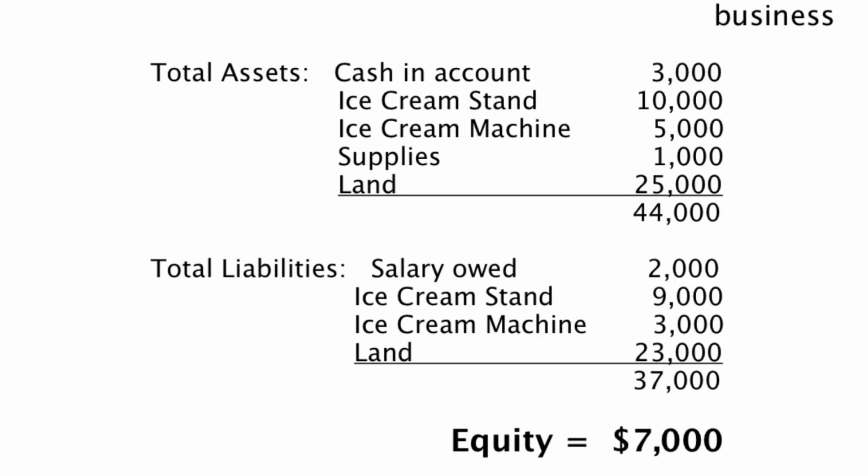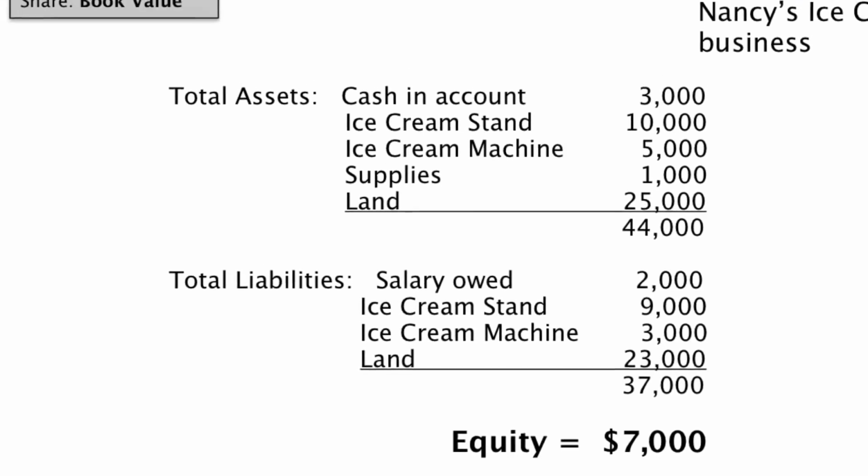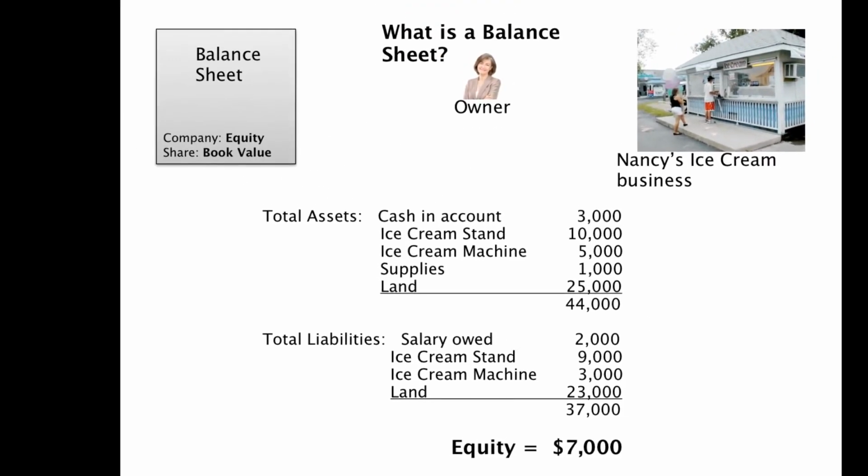It might be making $20,000 a year in profit, but the only thing it's worth on the books right now, on her balance sheet, if you look up in the top left there, is that the equity is only $7,000 on this business. So in order to get a better idea of a balance sheet, I often encourage people to sit down and